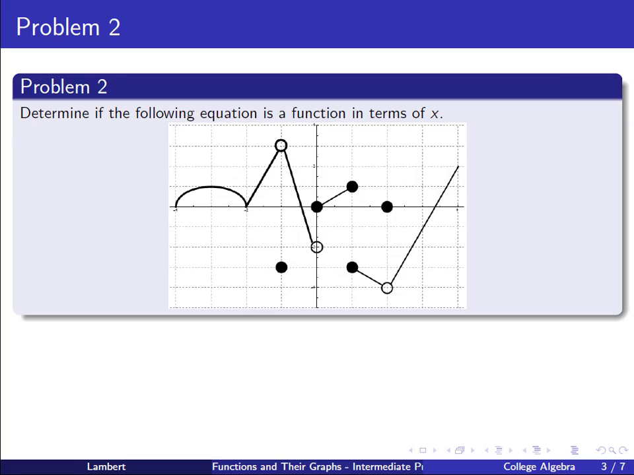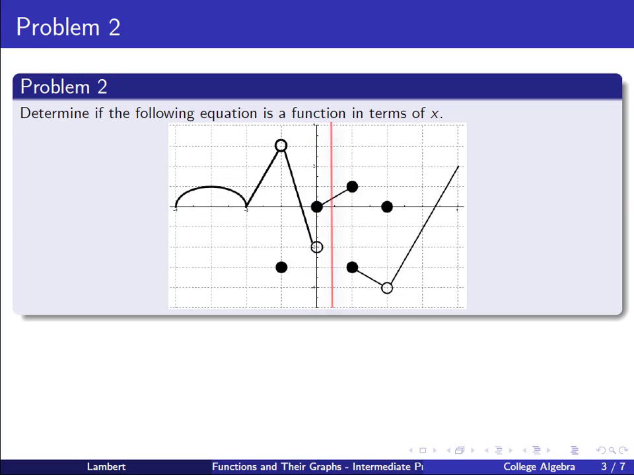So now, determine if the following equation is a function in terms of x. In order to solve this one, even though it looks real scary, we're going to use the vertical line test. So we bring over our vertical line, and then we're going to start scanning from left to right to see if this is hitting at most one point on the curve. Remember, open circles are actually a point that's not included on the graph,